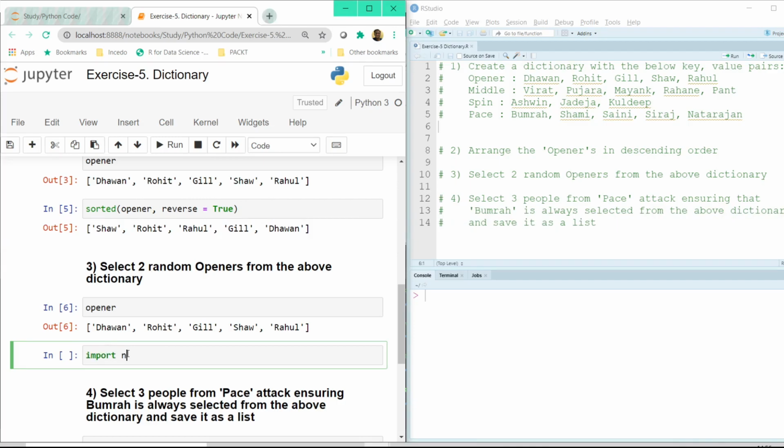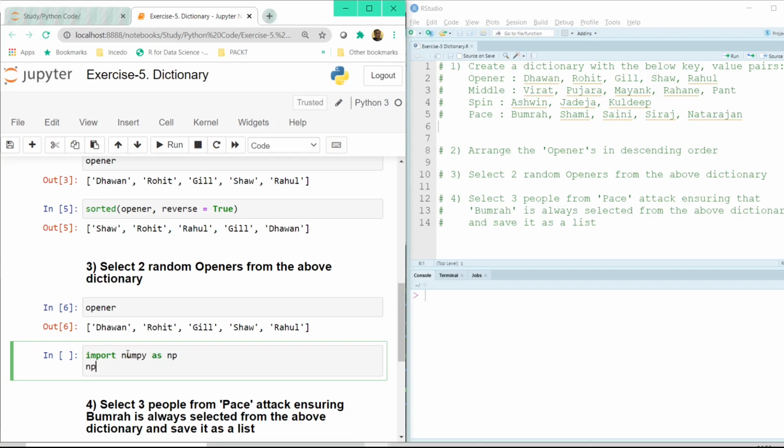So import numpy as np, and then np dot random dot choice, and inside choice we can pass all the openers here as a list, opener, and now we have to select just two openers from this list, so we can just pass two over here.